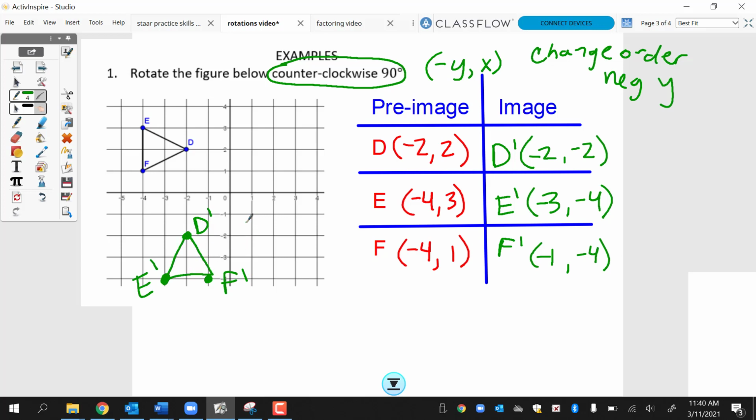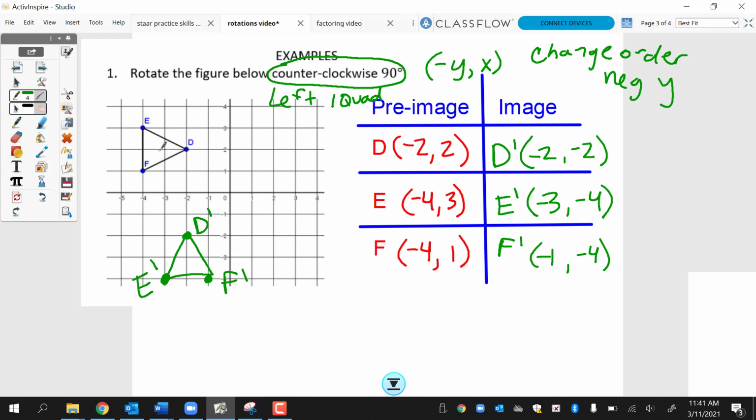And to double check, we know counterclockwise means it's supposed to move left 90 degrees. That means it's going to move left 1 quadrant. Okay, so when we have our graph, we know each of these is a quadrant. There are the 4 quadrants because that's where the X and Y cross and make those 4 sections of the graph. Okay,